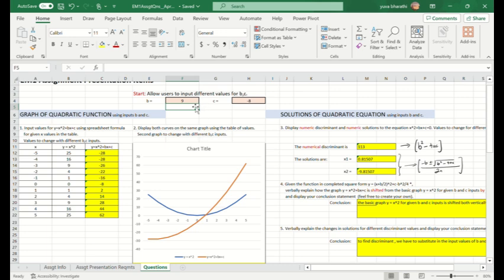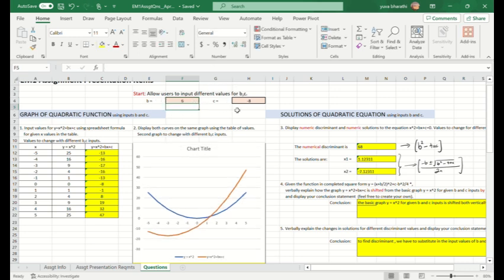To start off, we're asked to input two different values for B and C. My values are going to be 6 and -8. Once you've decided on your B and C values, you substitute them into this equation, y is equal to x to the power of 2 plus bx plus c, to obtain